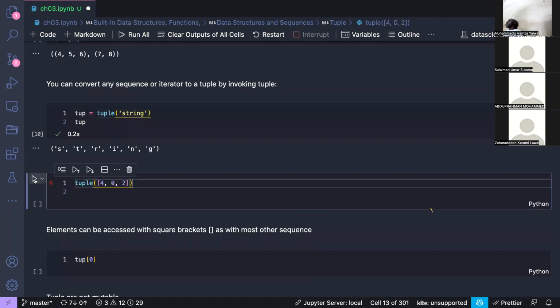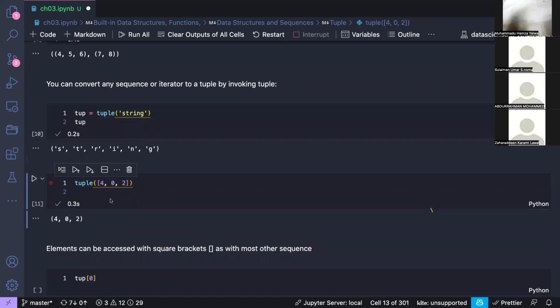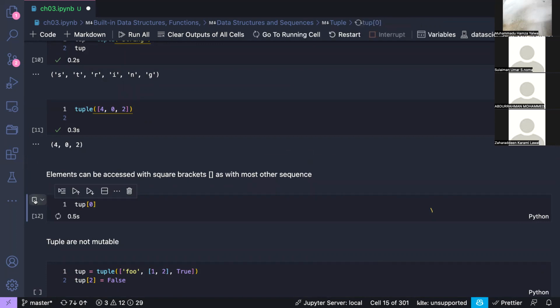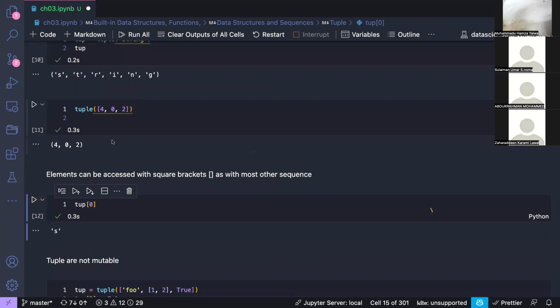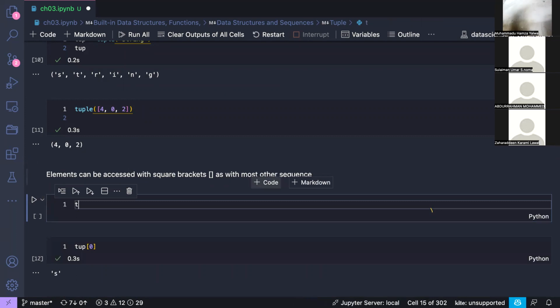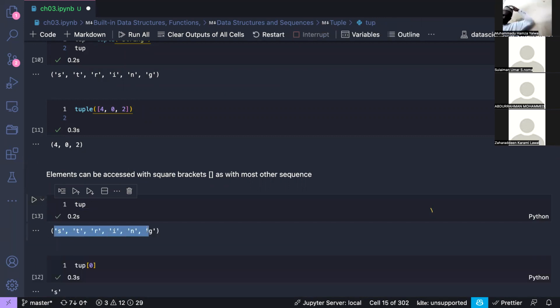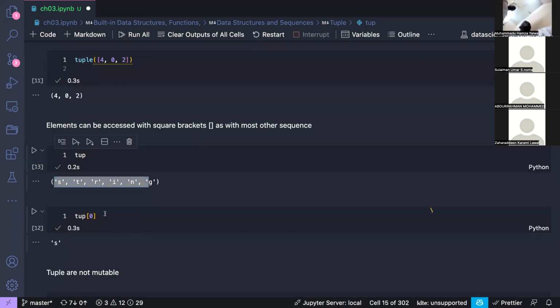So here also is a list that we have seen that you can actually convert to a tuple. Elements can be accessed. For a tuple, all the elements inside can be accessed with square brackets, just like we saw with the list. So here we can say tuple of X, because our S, remember what is S, what is tup. We can see this is our tuple object, right? And now when we say tup of 0, this gives us this. So we can actually access the